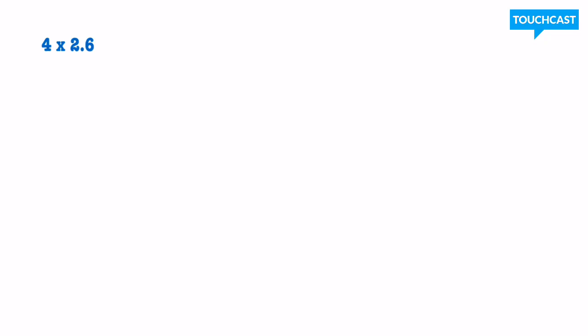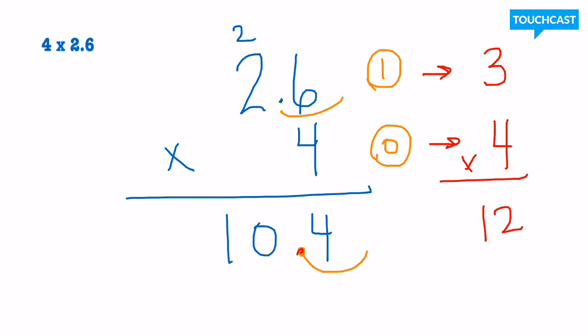Line everything up as far right as possible, put the number with the most digits on the top, multiply normally, and count your decimal places and place them into your final answer. Good luck. All right, my friends, here is the work that you should have completed, or something similar to this